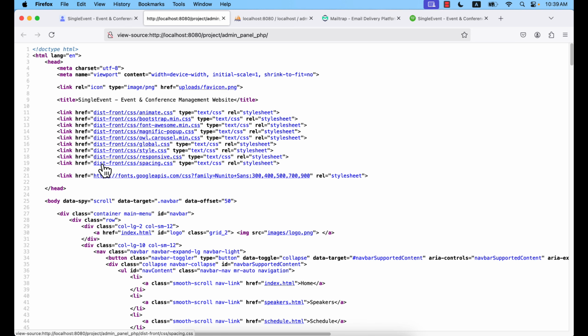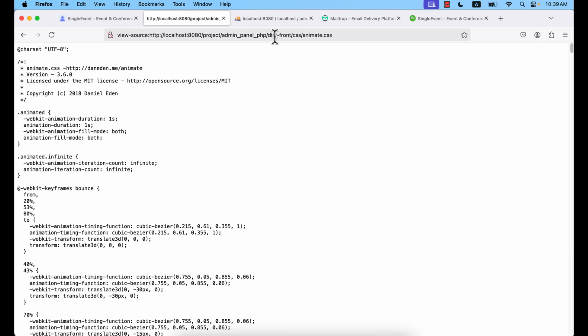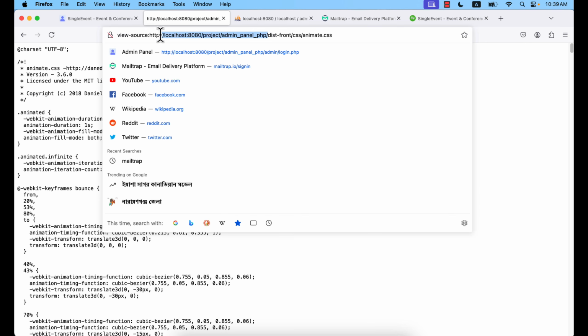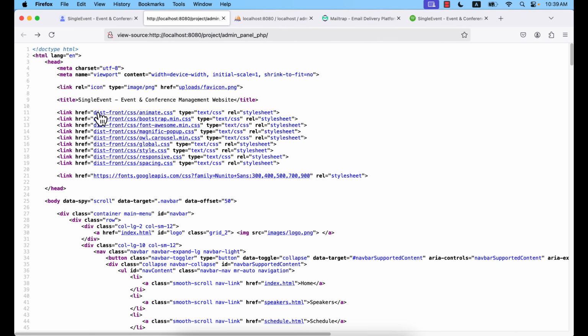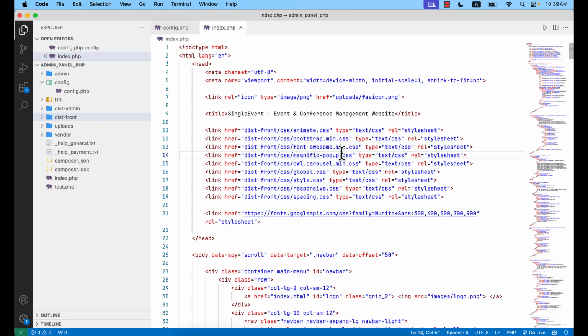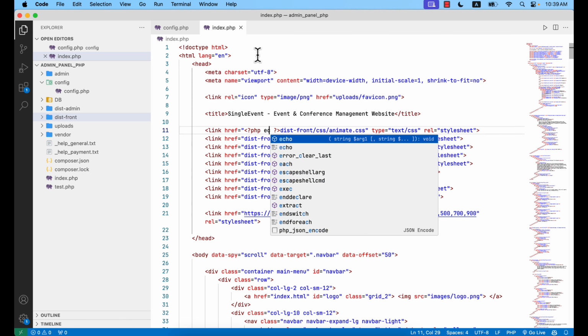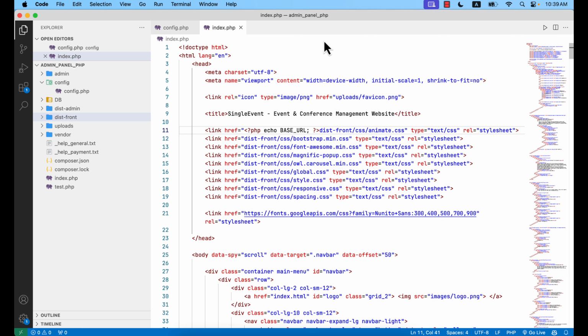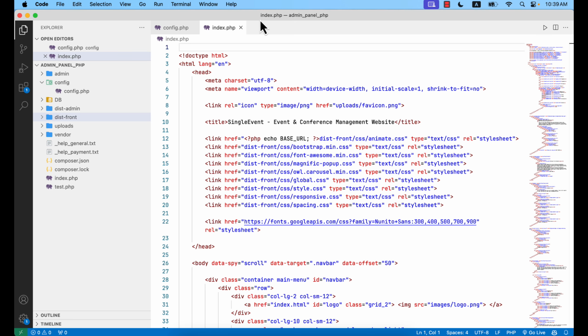You will see that all the things are here, right? And here you see this is actually not the main URL. If you click here, the main URL is actually this. It is loaded here, but here I did not put the main URL. So you should always use the full URL here, echo, and here base URL. But the problem is this base URL will not